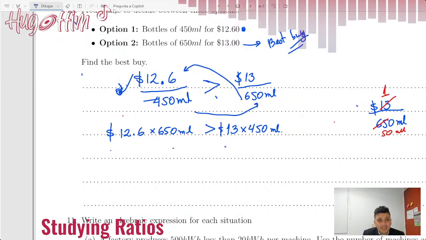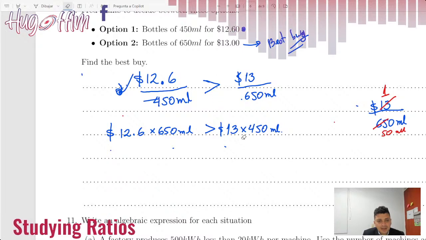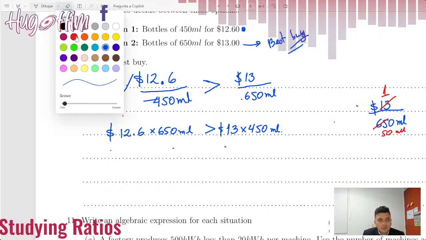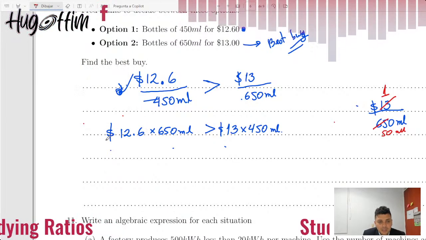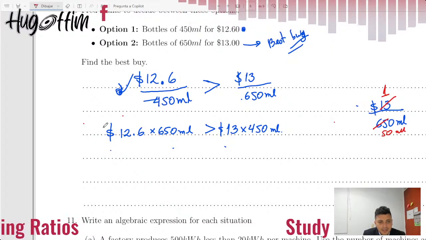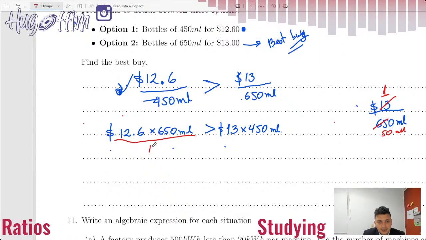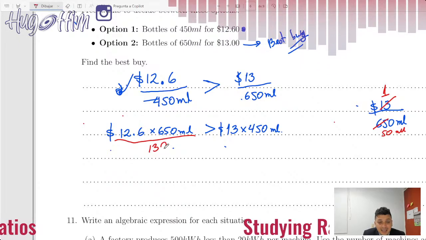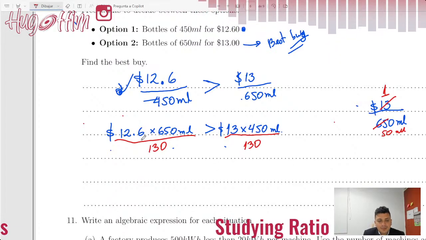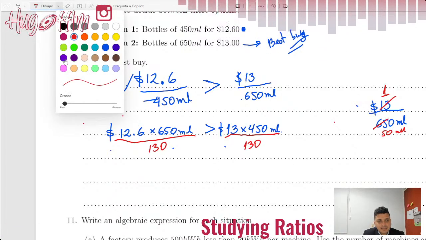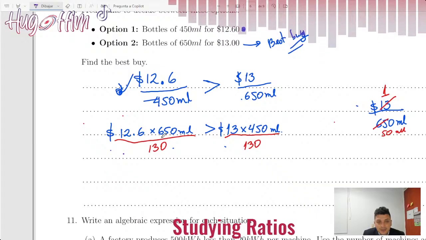Now, what is good of this option? What is good of this option is that if you want to simplify, you can simplify by dividing both sides by the same number, as long as it's not negative. So for example, I'm going to divide all the inequality by 13, and I can include a 0, 130. So I'm going to divide by 130. Look. If I divide both parts of the inequality by 130, I'm gonna get here